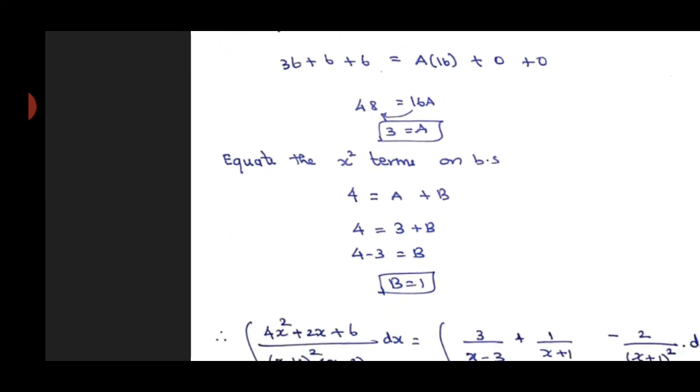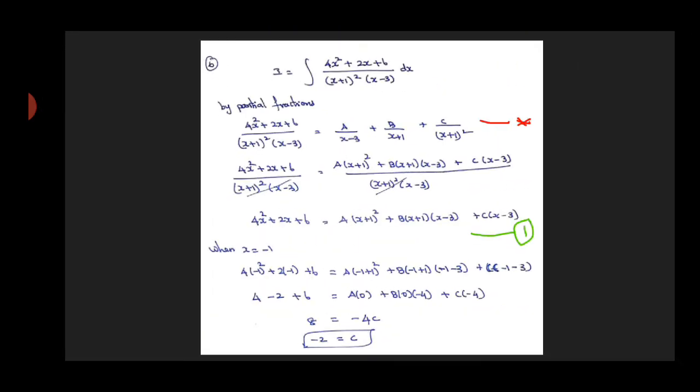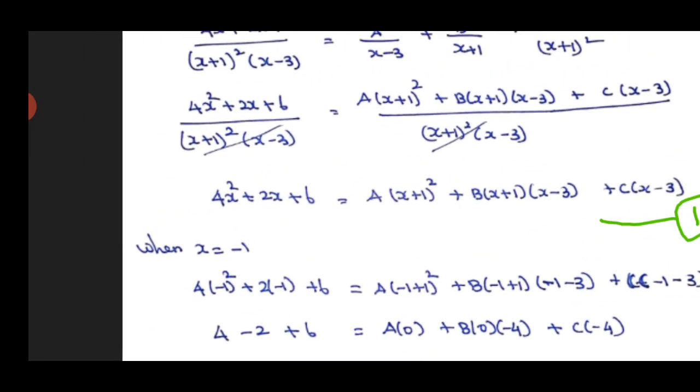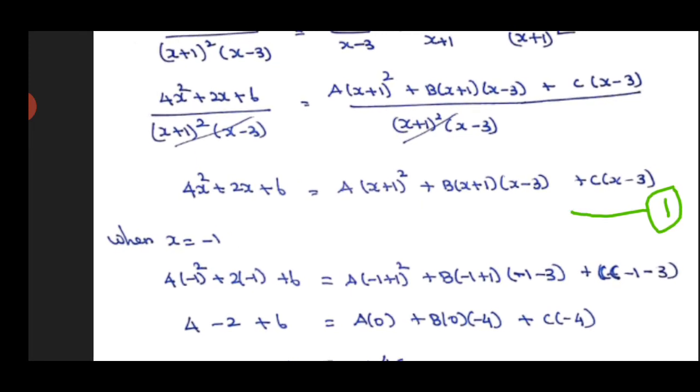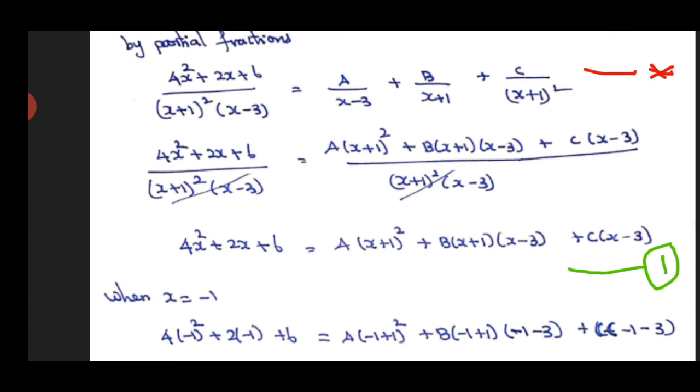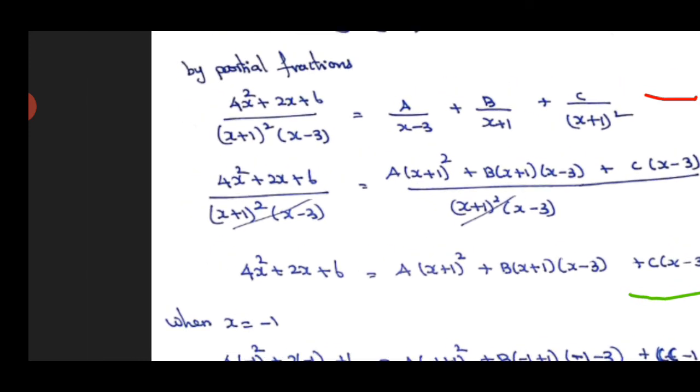So a equal to 3. Okay, we got the a value and c value. We have to get b value. For that I'm going to take the first equation, this one, and in this I'm going to equate the x square terms on both sides. Now look at it. On the left hand side we have x square term. It has coefficient 4. So 4 is equal to,